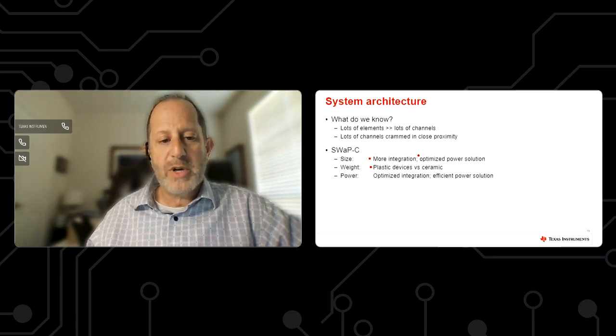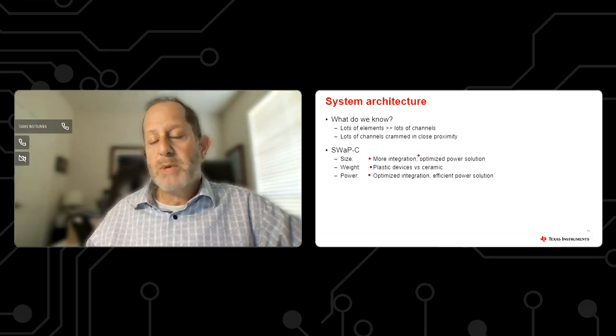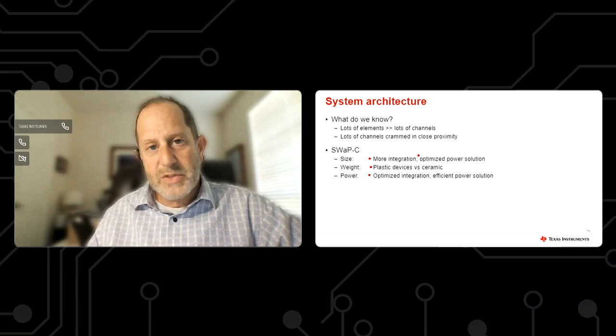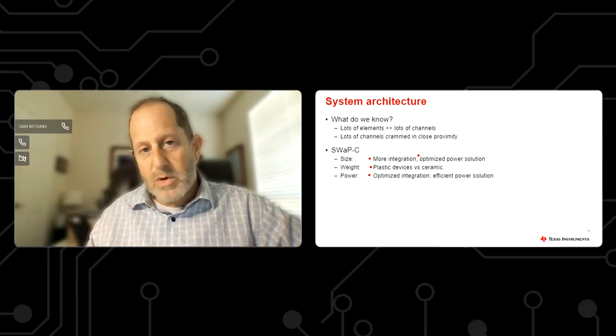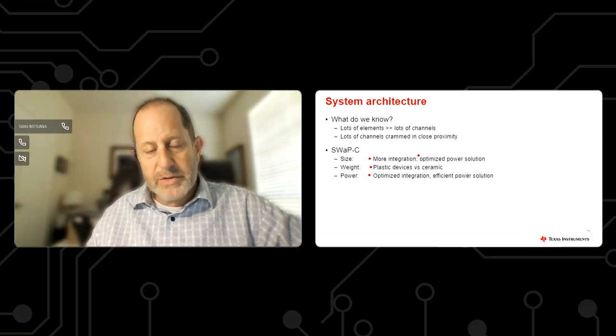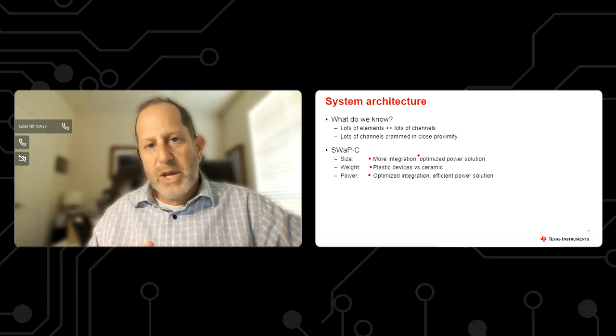And then on the power front, as I mentioned slightly before, optimizing the integration, optimizing the power solution. So this is not only the devices themselves, right? We want the devices themselves, let's say the devices in the RF signal chain, to be lower power and more efficient. We also need the actual power solution that's powering all this stuff to be more efficient and physically smaller. We're looking for ways where we can have one power solution that can power multiple chains of devices so that we don't have to propagate so many different devices in one given system.